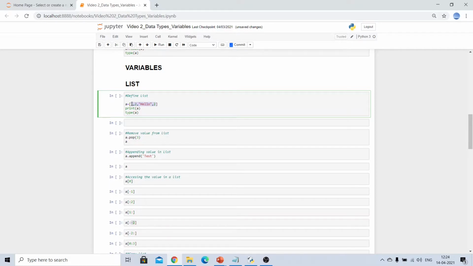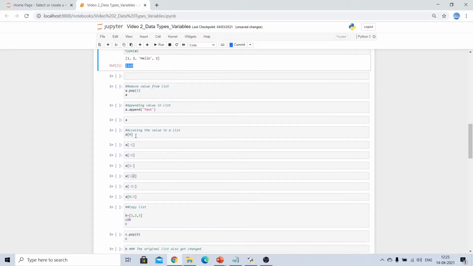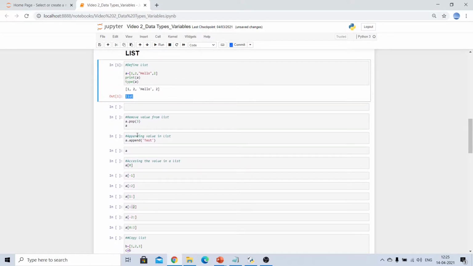Here you can see, as we know, list does not have any limitations on the data types. So we can use any data types inside a list, that is a combination of multiple data types along with duplicate values. Now we have a list A here having the values 1, 2, hello and A. Let's print this list and check the type of this variable A. If I run this code, you can see my list got printed and also the type of variable A is a list.